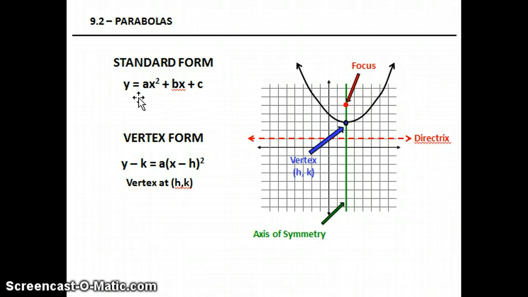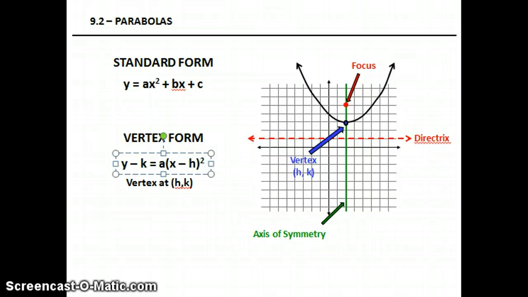All right, now, the standard form, the full thing, would be y equals ax squared plus bx plus c. But we can't do much with that except to recognize that it is a parabola. What we need is the vertex form, which is right here: y minus k equals a times (x minus h) squared. Or you will note that for the most part, we don't use the k on this side. We can also put the k on the other side,